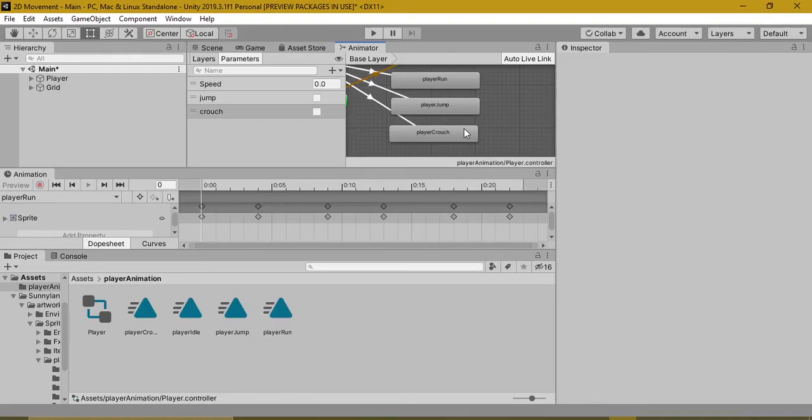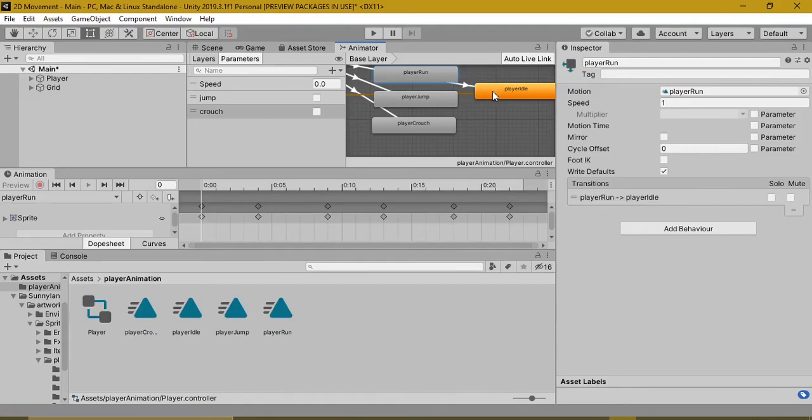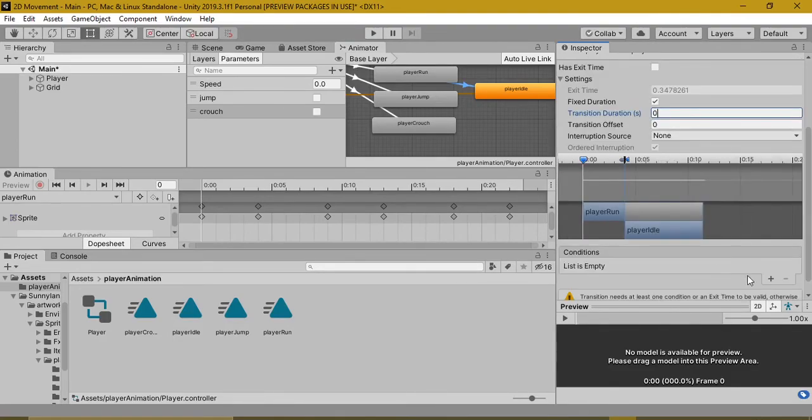So now for every animation we have to make another transition for player idle back again. So we'll go ahead and do that. From player run to idle, we'll make a transition. We'll set our necessary parameters.